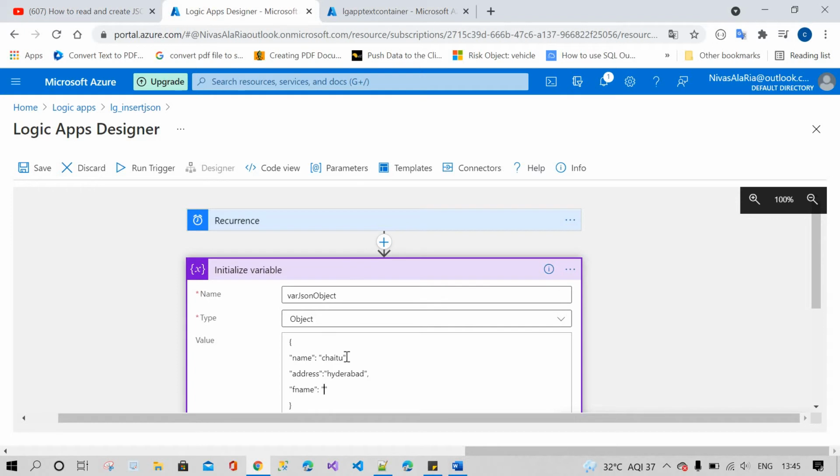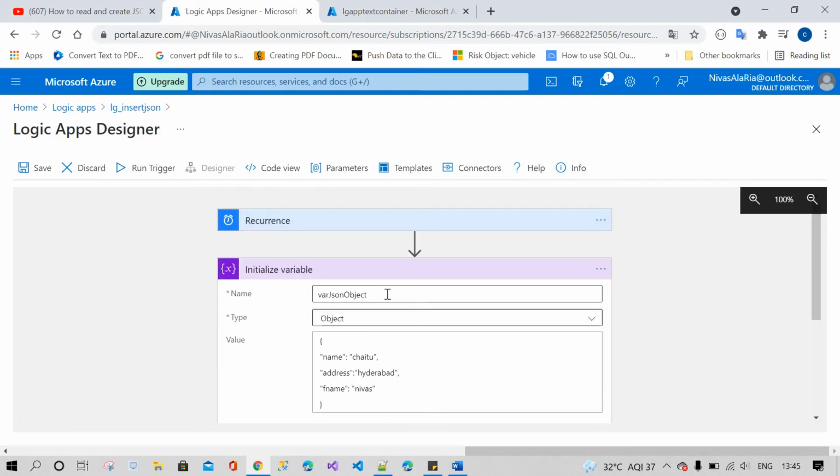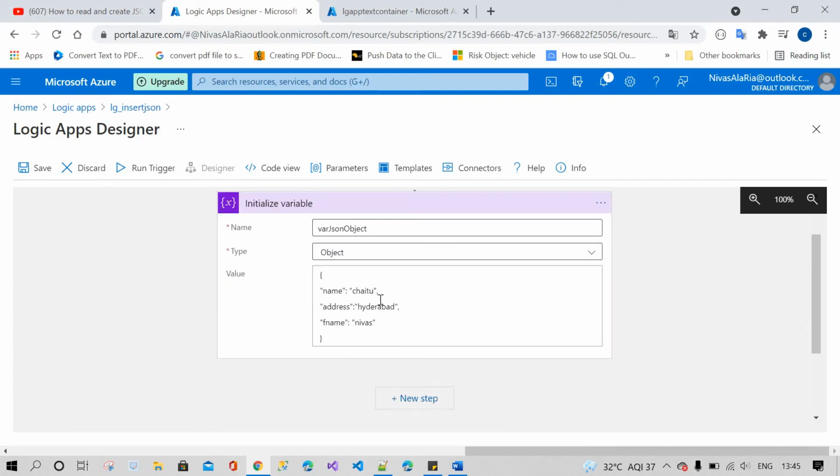This is just for the example. After that, you have initialized the JSON payload. You have initialized the data.